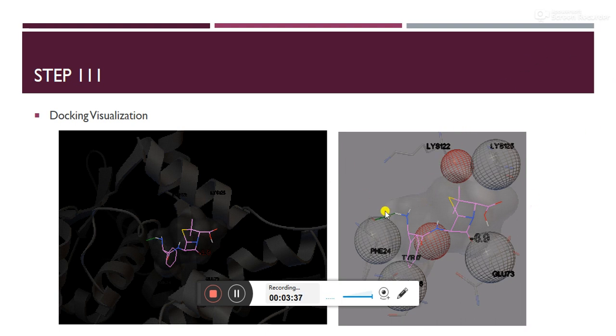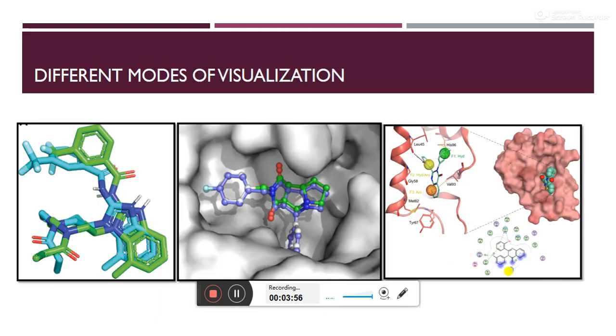In this format, you can see binding interactions like this one: the green line showing hydrogen bonding, and this red showing weak hydrogen bonding or some aryl interactions. And this is another style for the visualization of results. So there are different modes for the visualization. For example, this is for root mean square value analysis through PyMOL. From PyMOL, you can see the protein pocket in which the ligand interacts at different sites. So this is the Chimera format.